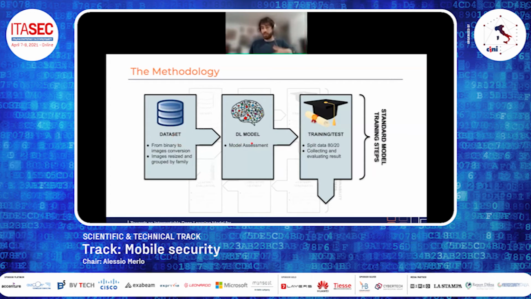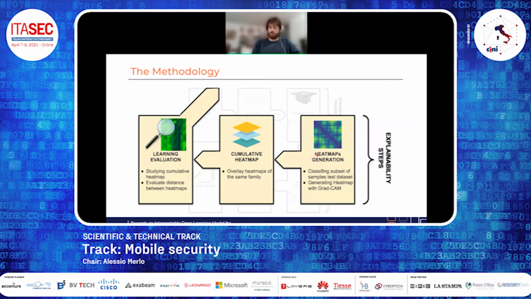Then in the model assessment, we started by adopting the convolutional neural network. We have tried different hyperparameters, also different architectures and so on, and we have performed many series of training, evaluation, validation, test, and so on. And then we want to add also an explainability step in order to choose the best model, also based on the reason why the model made those specific predictions.